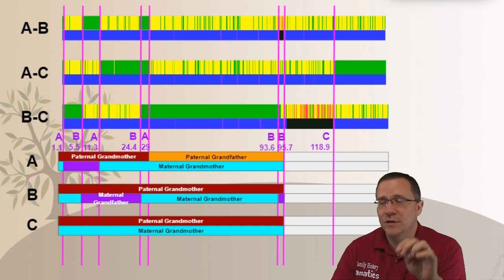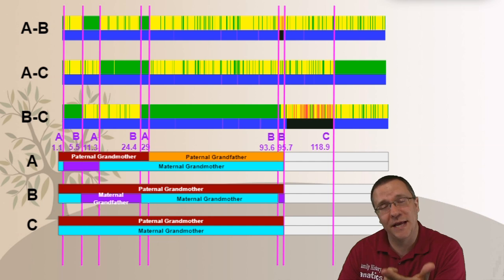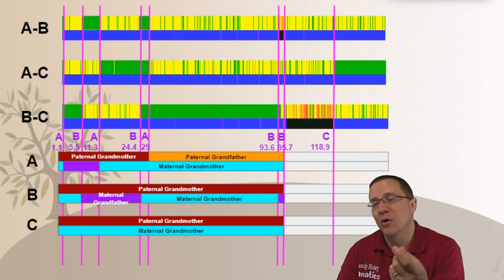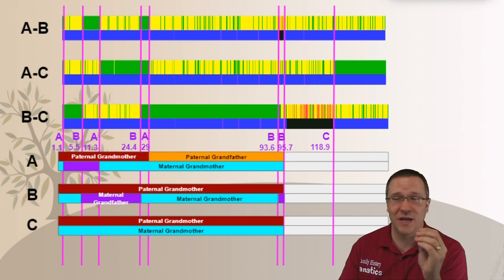Now, it's important to remember that our matches have to align with the recombination points and the segment data and vice versa. Originally, what we did is we created these segments based on the recombination points. Now, we're actually going to go a little backwards. We're going to use those matches to create these segments on these areas that are suspect.